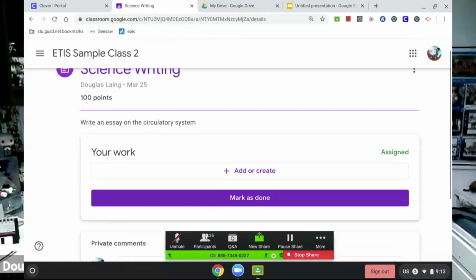So in some cases, I would hope the teacher has already created a document for them to write their essay. But if that doesn't happen, I've made it so I can show you how they would create that. So if there's no document for them to complete there or to click on, they can just create it themselves in their Google Drive. The way they do that is they just hit Add or Create,